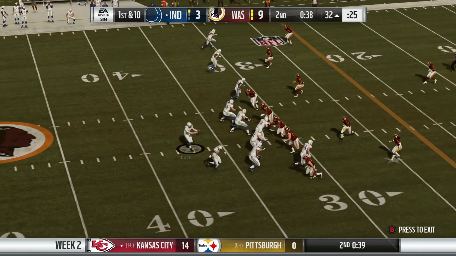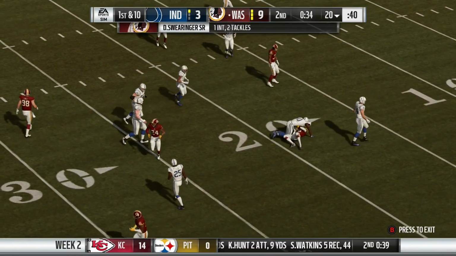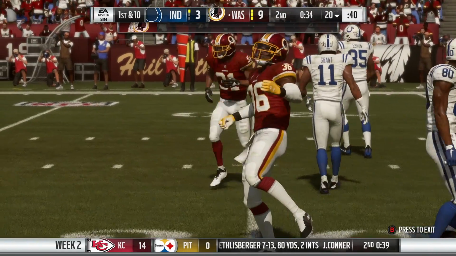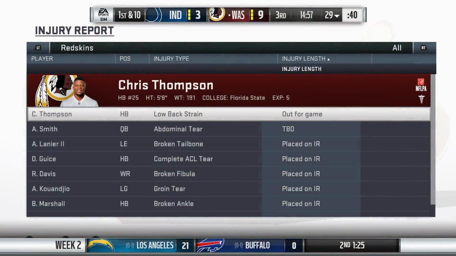Now Andrew Luck, 3 receivers to his left. And looks like a late contact, but that is intercepted. It is DJ Swearinger. DJ Swearinger with the interception, saving the Redskins. They have been very phenomenal in their own territory these first 2 games, forcing the Cardinals to kick 7 field